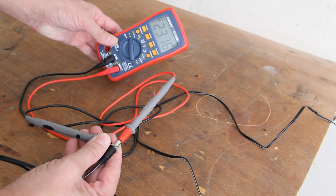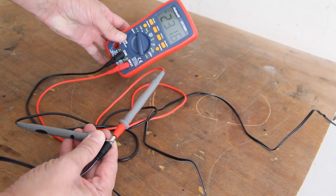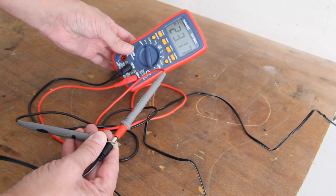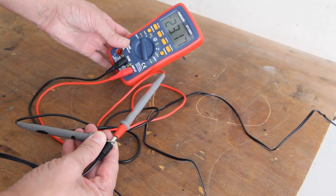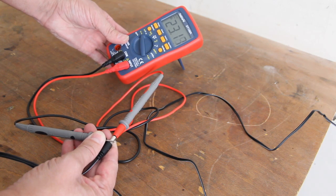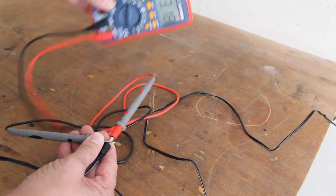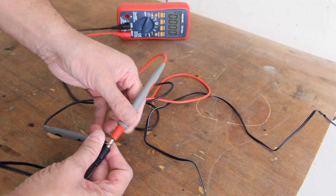which is quite a lot. I wasn't expecting that much, but under load it will definitely drop. They usually put more power in to give more amperage. So, but that is quite a lot for 12 volt. So that's it. Just the negative on the outside, the positive on the centre,